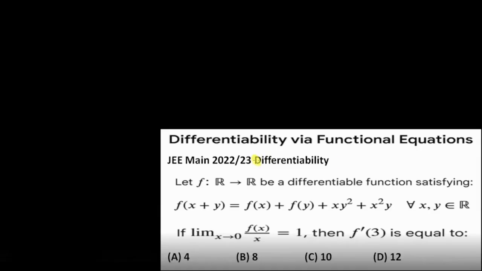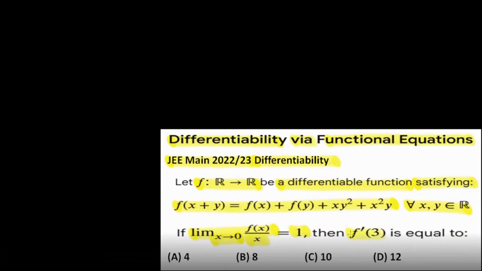Today's topic is differentiability and differentiability via functional equations. This or similar questions appeared in JEE Main 2022 and 23. Function f is from real to real and it is a differentiable function satisfying this functional equation where x and y are real. Limit f(x)/x as x tends to 0 equals 1 is given and we have to